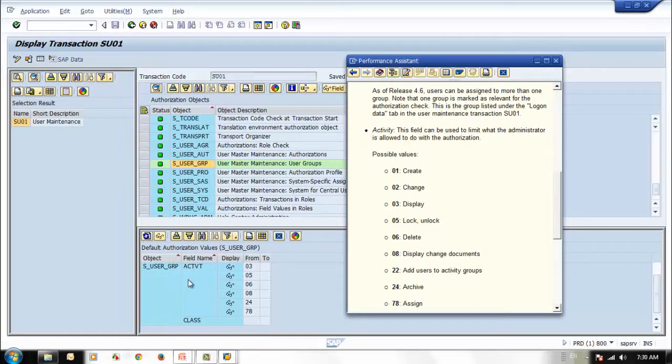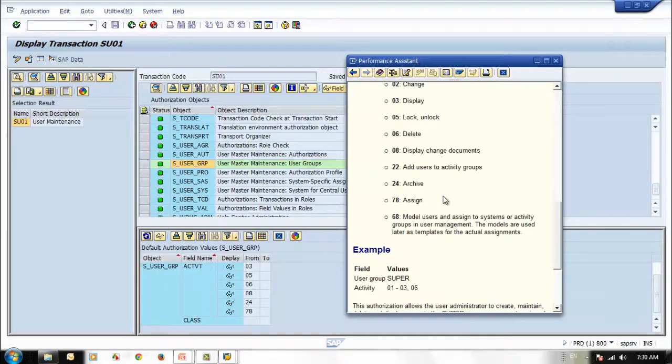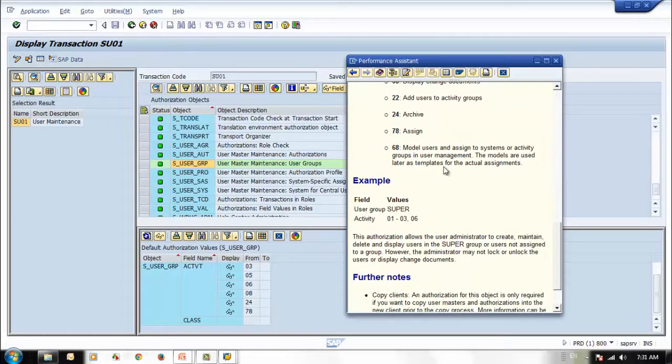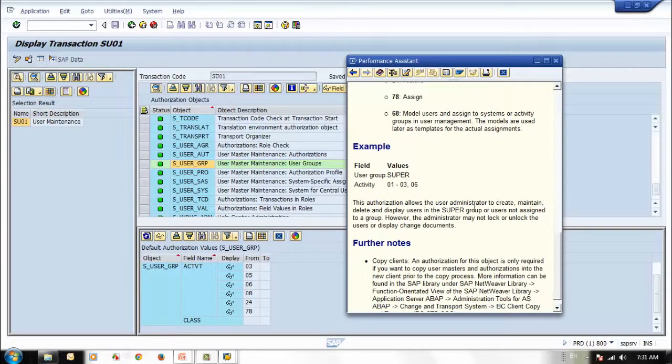Then the next one is activity. We have different activities: create, change, display, lock, unlock, delete. For example, here they are giving you even an example. Let's say user group is super, then activity 01 to 03 and 06. This authorization allows the user administrator to create and maintain, delete and display users in the super user group or users not assigned to a user group. However, the administrator may not lock and unlock the users